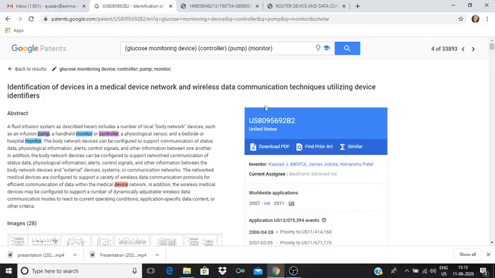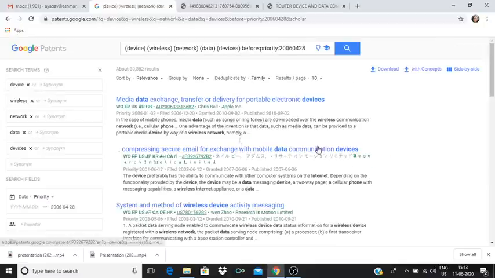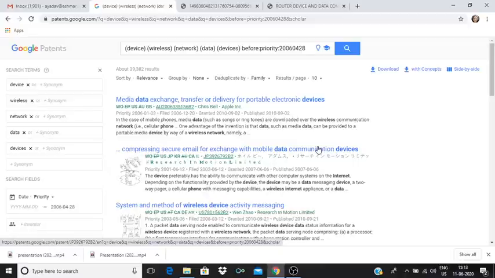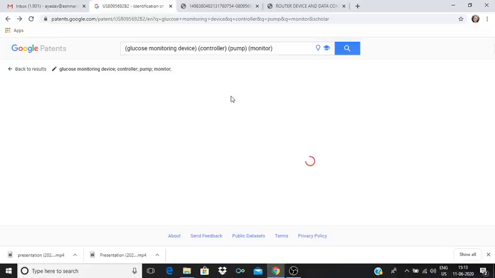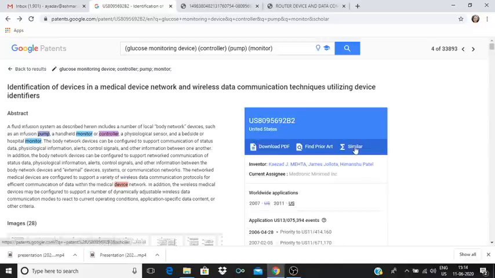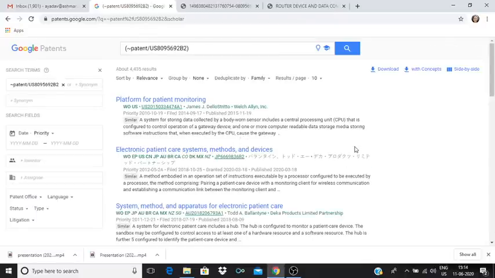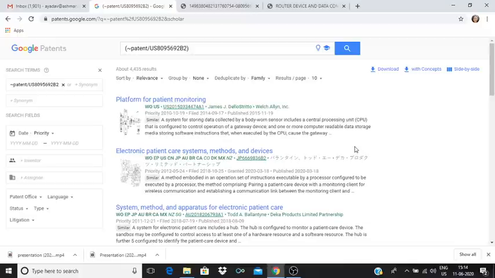Now coming back to Google Patents. It has two other features also. Suppose this is a technology that we are working on, we can find prior art. If you click on this particular thing, it will take the keywords from that particular patent and will identify the prior art that it thinks is relevant to the patent that we have already disclosed. Now going back to the same patent, we can also find similar patents. Similar patents are the ones which are very similar to this particular patent application you have filed.